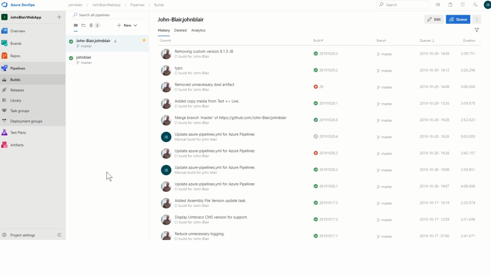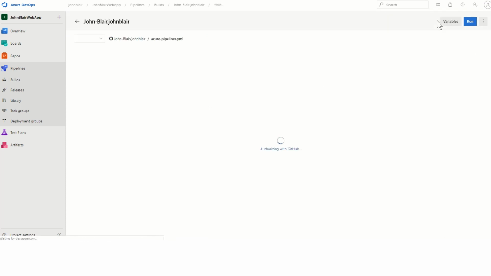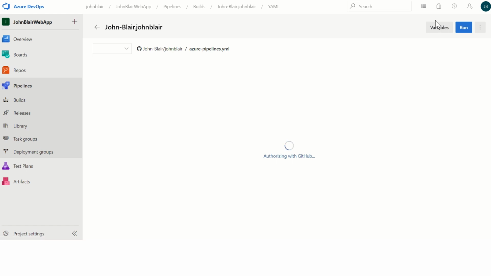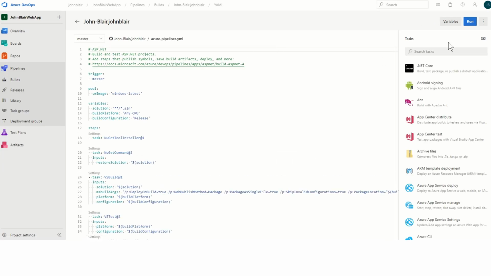Okay, let's take a look at the setup on Azure DevOps. What we can see here is we've created a project, John Blair Web App, to manage the continuous integration, continuous deployment of the JB test and live websites. What we have is a build process, which if we edit, we can see that, well, you can't see from here. Let's take a look at